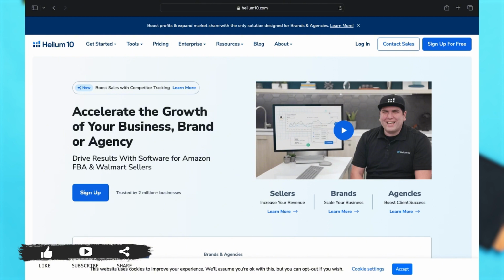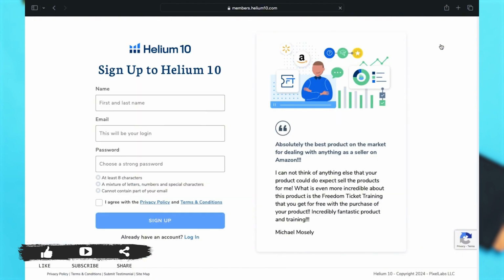on the platform. Now, to sign up or create an account, you will have to go to the sign up button, which is on the left side of your screen as well. Or you can also click on the top right corner of your screen where you can see the sign up for free button in blue. Here, you will have to enter your credentials. However, if you do have an account, you may click on the already have an account login link right below